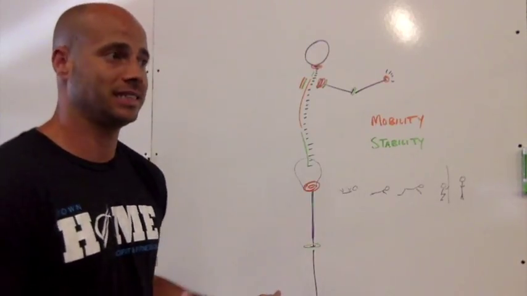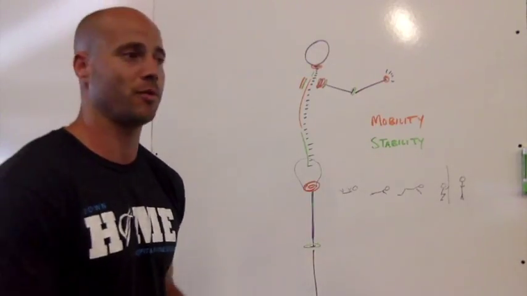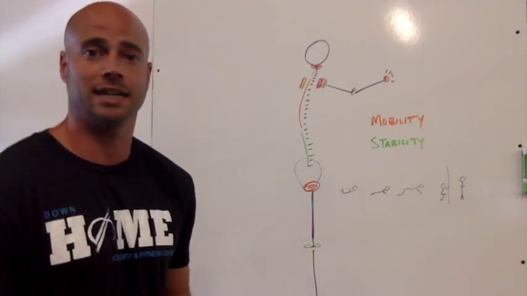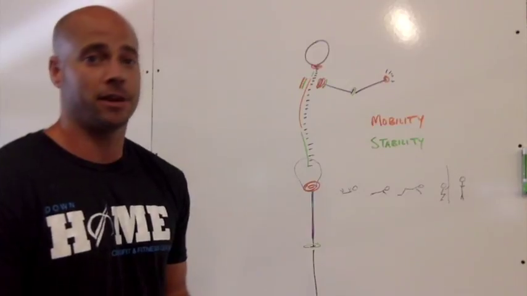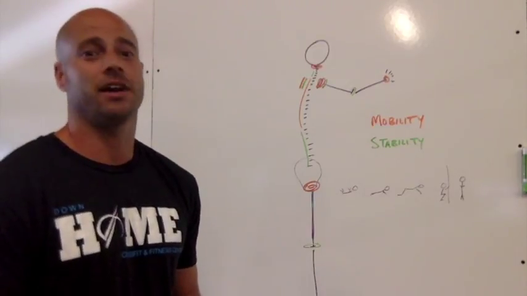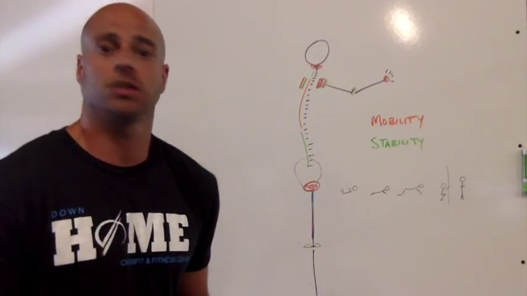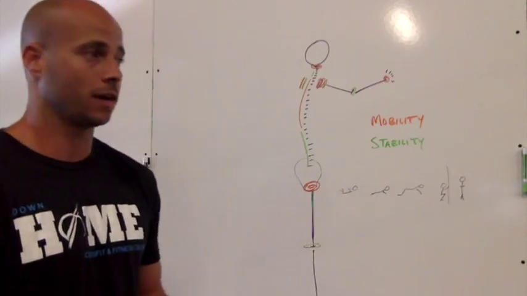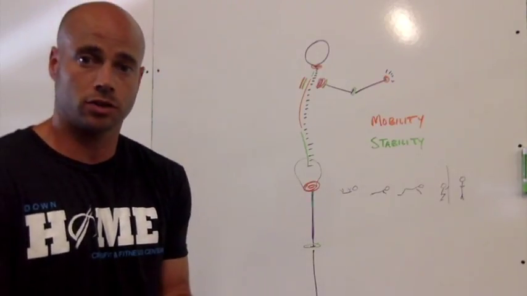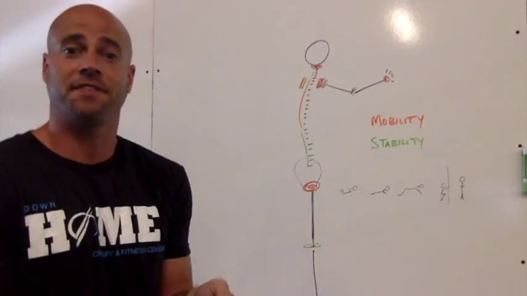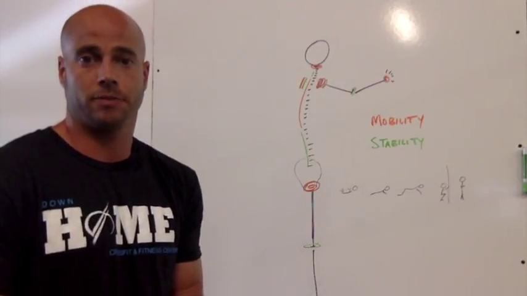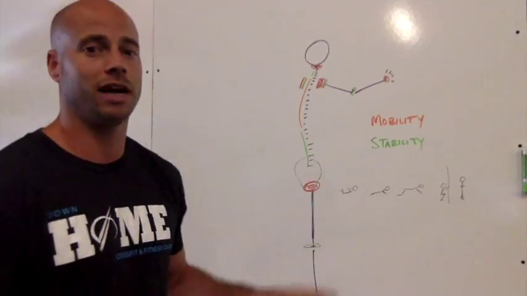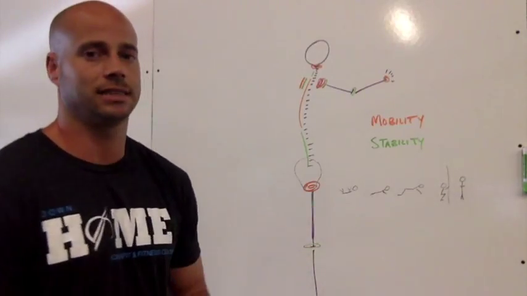We utilize this when we set up programming or when we watch a person move. We assess them and realize, okay, this person has a lot of laxity in their lower back and a lot of weakness and instability at the core. That is a recipe for, okay, we need to make their core stronger so that they can stiffen that spot up and potentially get more mobility through the hips or through the T-spine. So we utilize this behind the scenes quite a bit.